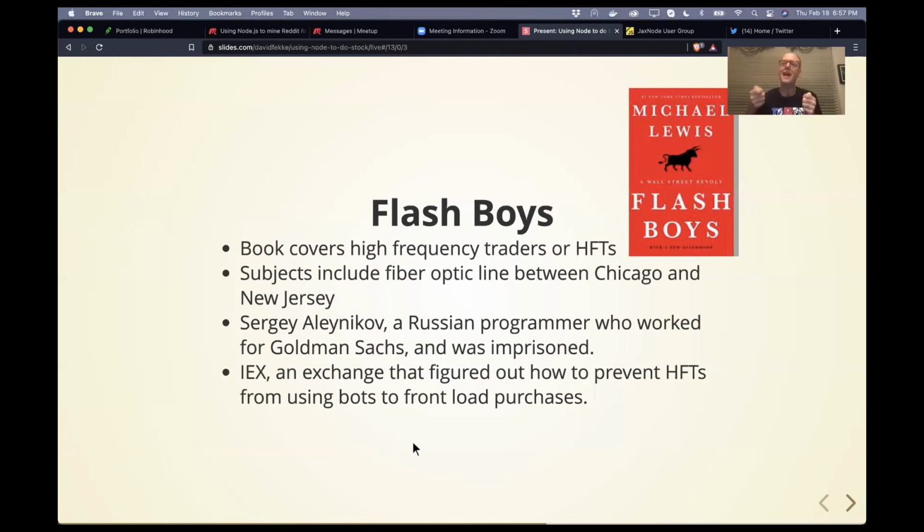And then he used that to connect the HFTs into their dark pool. Because of that, they didn't have a speed advantage anymore. I thought that was actually a pretty innovative way of setting it up so that their exchange would be fair and people couldn't front load. So that was one of the main things featured in the book.